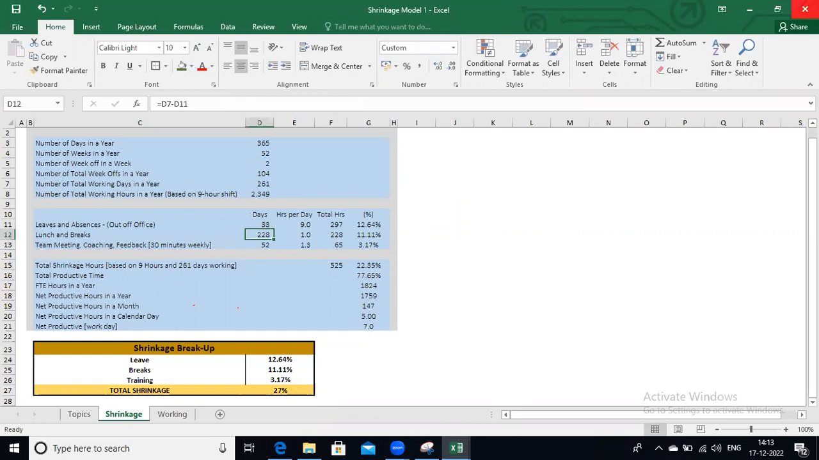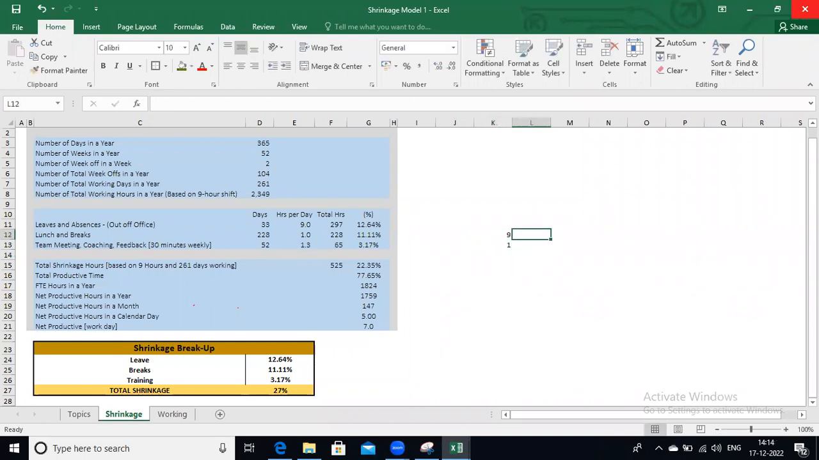agent should be in office, right? And if he will be in office, he will be taking a 1 hour break on a daily basis. Okay. So the hours will be 228, and the shrinkage is 11.11%. So this is how, let's suppose we have a 9 hour shift, and 1 hour break, so